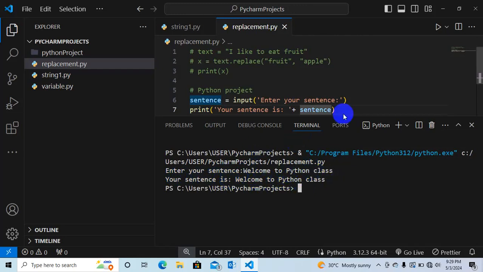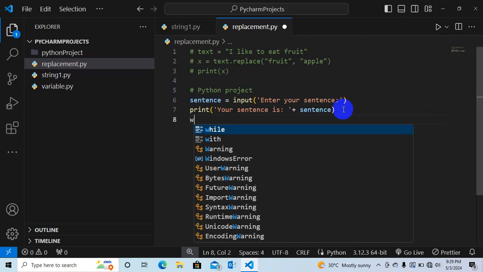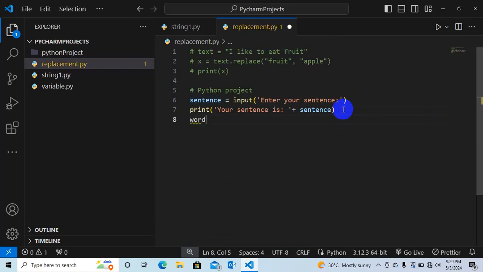So this is it. Since they already finished learning how to input their sentence, what if we want them to edit their sentence? We need to declare two variables: the word to be replaced and the word replacement. I will come here and say word_replace, the word to replace.